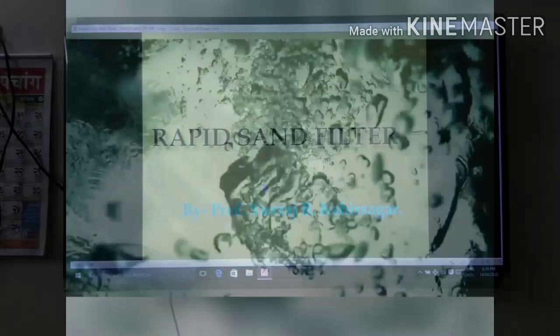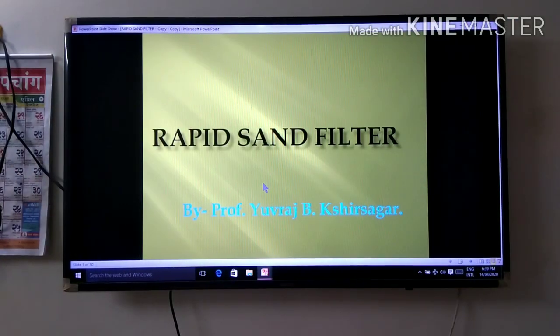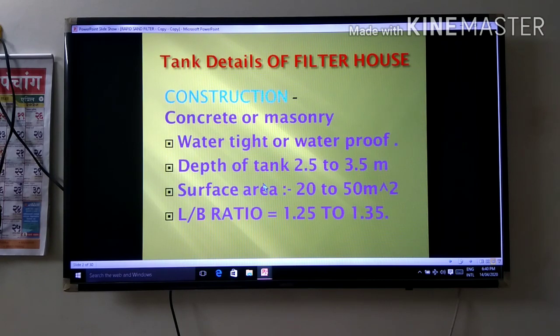After watching the photographs of your visit to the water treatment plant, you definitely understand what the rapid sand filter is. Your memory will definitely be refreshed. So we will start the theory of the rapid sand filter. The tank details of the filter house, the construction, are: